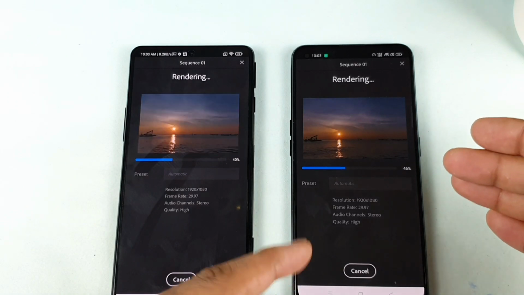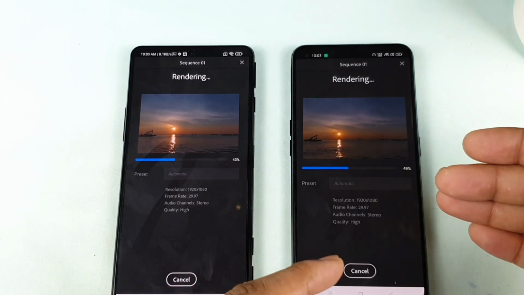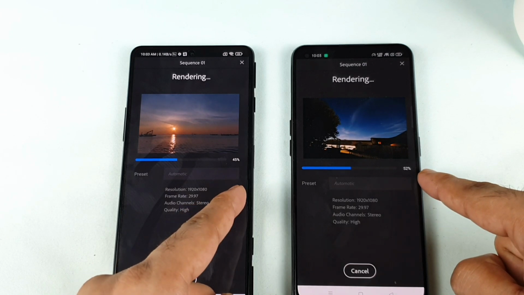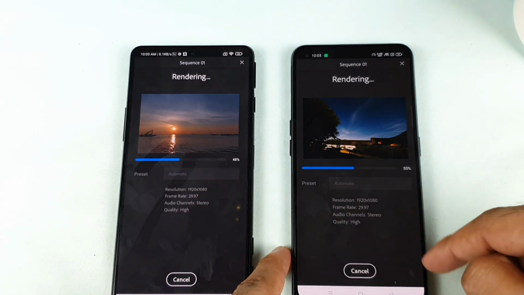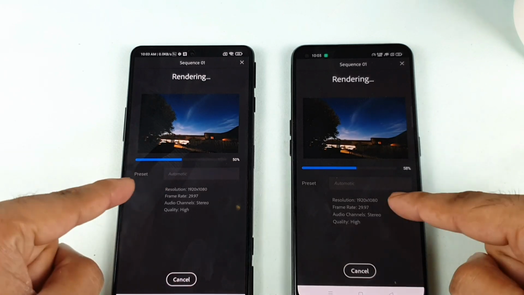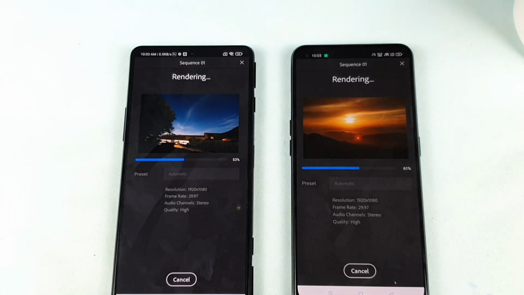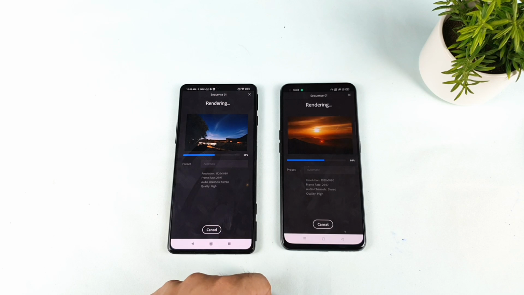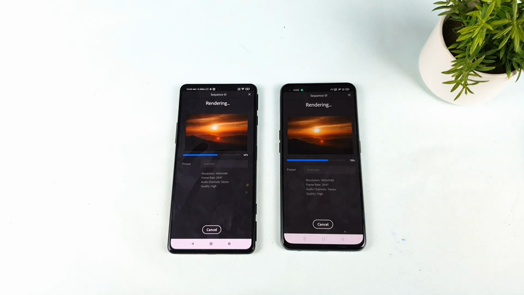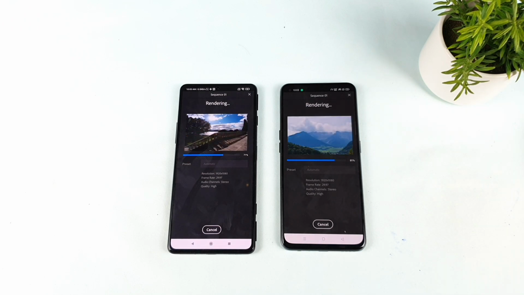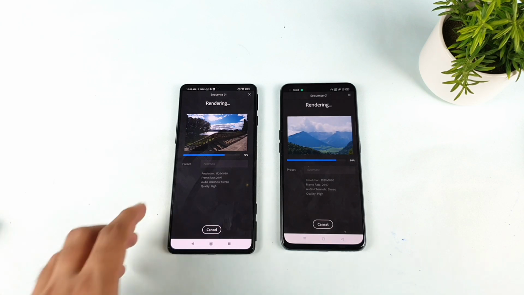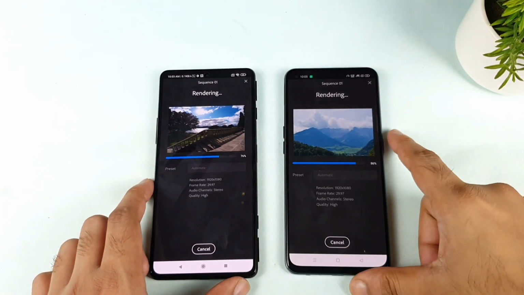Before it used to be close to 20 to 30% difference. Now it's not much different. It's only close to 5 to 10% difference, and the Realme X1 Max is in the lead. Same file, same everything, and different results. As you can see friends, that's the thing about the high performance mode. In case you're doing this kind of exporting and video rendering, you can try to use this high performance mode to get better results. That is what I would definitely suggest you do. Right now you can see the Realme X1 Max is rendering faster.